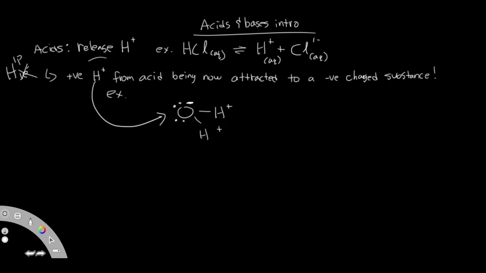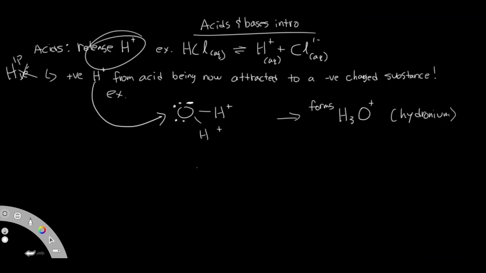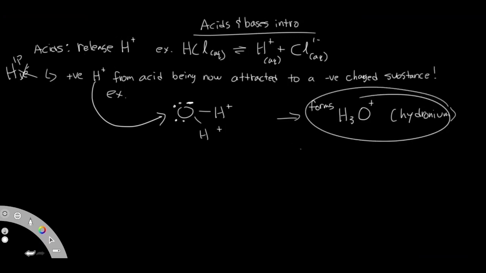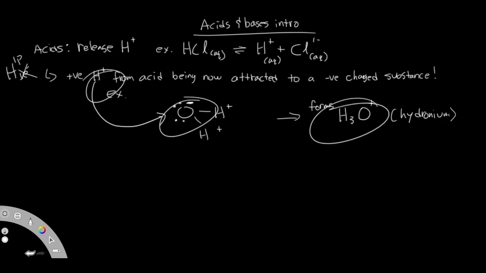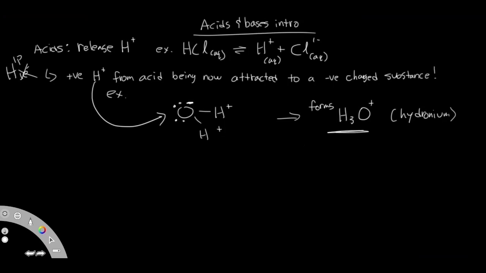So when we have this H plus combining with our water here, what does it form? It forms H3O plus, also known as hydronium. This here is called hydronium. So it's not just about this release of hydrogen. It's also a formation of H3O plus because this attractive force between this and this is so strong that it absolutely creates this hydronium. So this here is obviously a charged particle, right? So this charged particle here, I'm just going to write this here, this charged particle